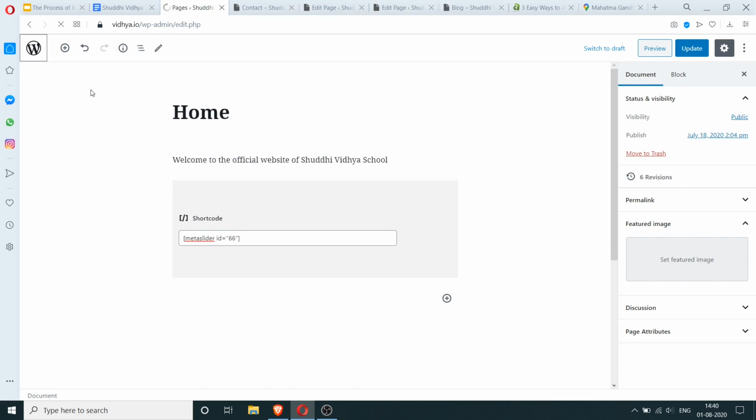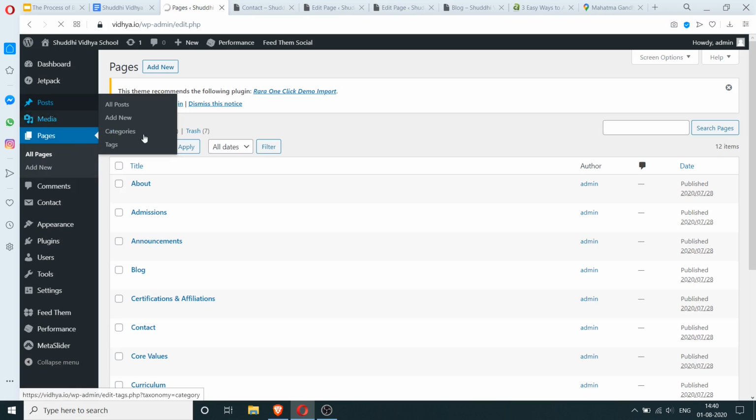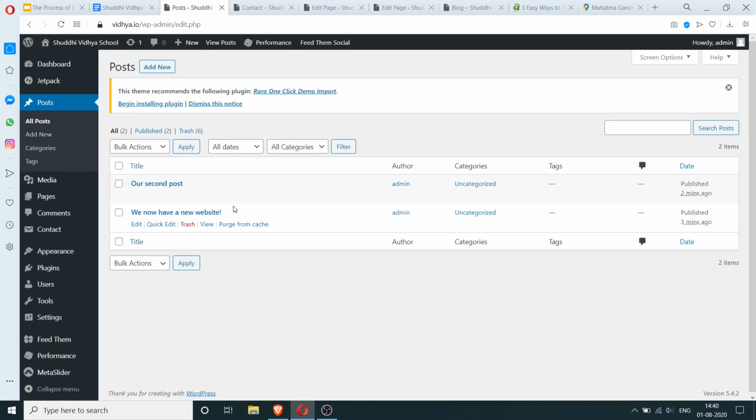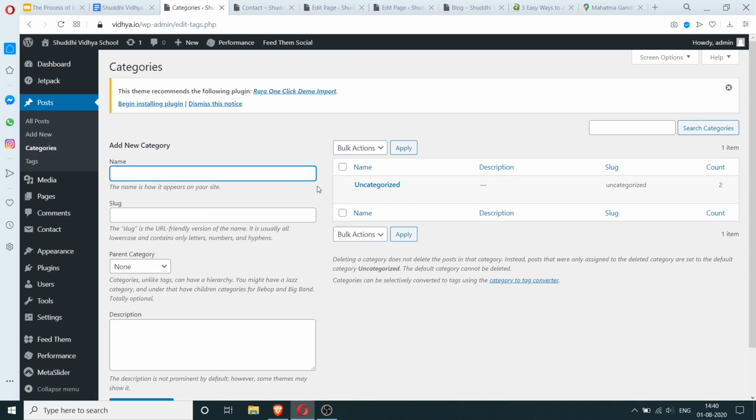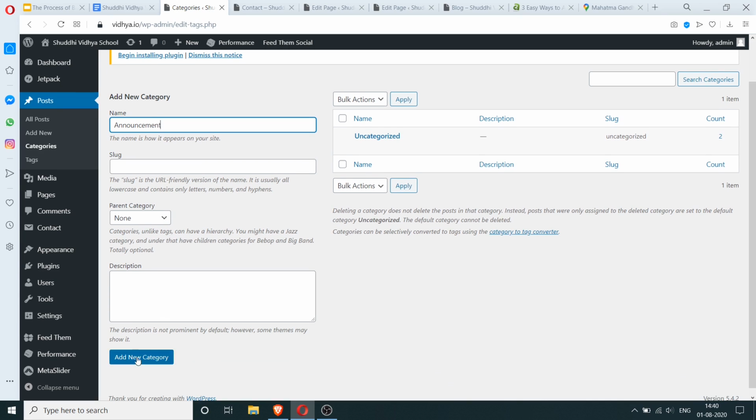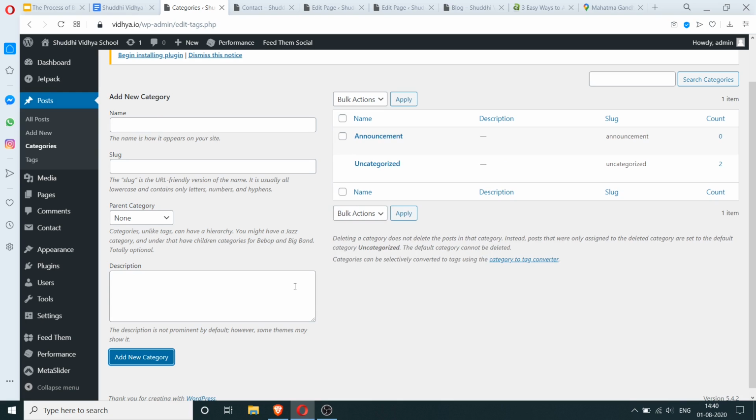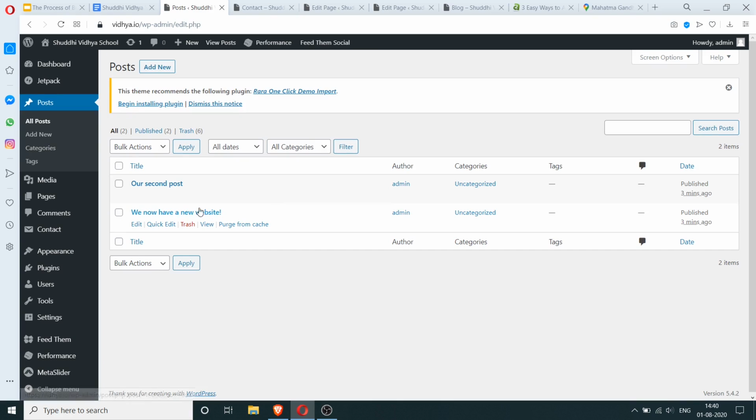the dashboard and go to our posts. So let's make this an announcement category. First, we need to add the category. What we'll do is we'll say, and let's go back to the posts and make this.